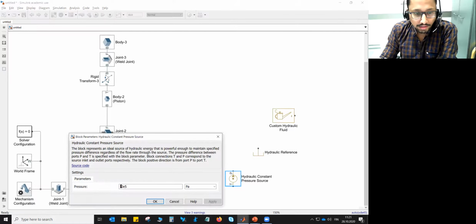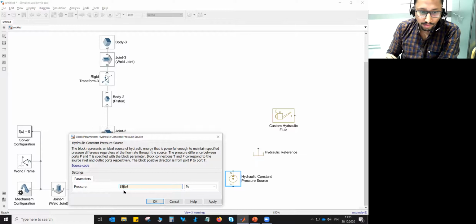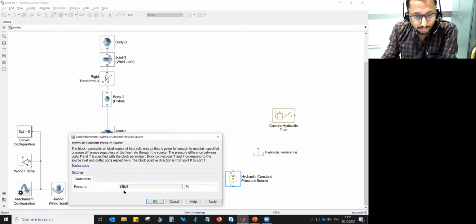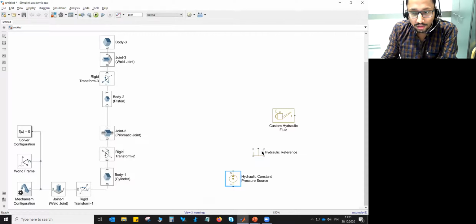If we double click this, we want the pressure to be 150 bar. So 150 into 10 to the power 5 Pascal. You can change the unit as you like, but let it be Pascal. E5 means 10 to the power 5. Okay. And press OK. In the hydraulic reference, you don't have to do anything.